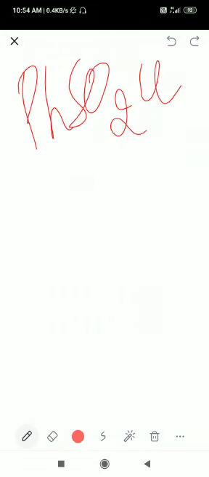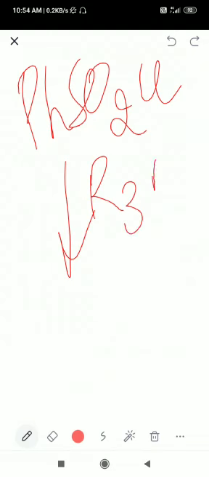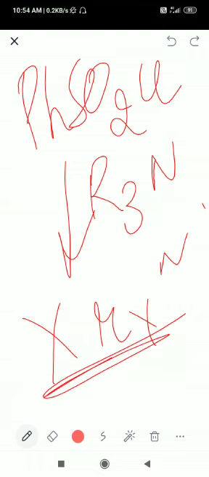So again, this is our Hinsberg reagent. Then we will add R3N. This is the 3-degree amine. It is not having any replaceable hydrogen. No replaceable hydrogen is present, so it will give no reaction. So when there is no reaction, because there is no acidic hydrogen, no replaceable hydrogen, then we can just see and tell that yes, this is a 3-degree amine. So this is the first test that is given in the NCERT.